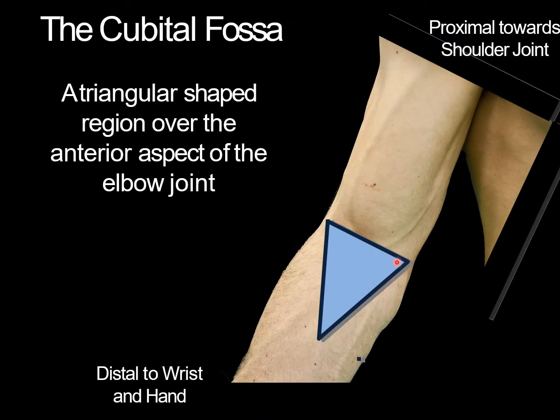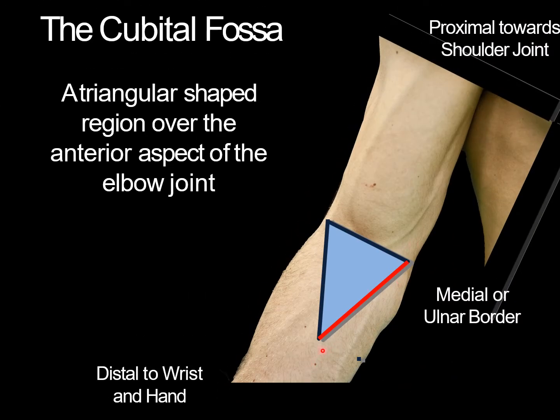Again in this picture you can see this is the medial boundary of the cubital fossa which is formed by the lateral border of the pronator teres. This is the lateral boundary of the cubital fossa which is formed by the medial border of the brachioradialis muscle. The base is formed by the horizontal line between the two lateral and medial epicondyles, and the floor is formed by the brachialis, and the roof is formed by the deep fascia of the forearm as well as the bicipital aponeurosis.